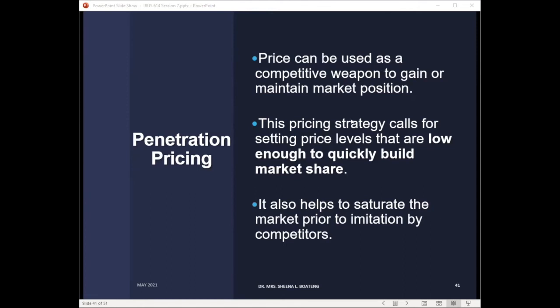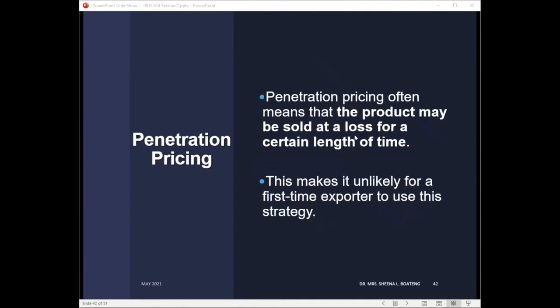So in terms of penetration pricing, it's all about pricing the product very low. Sometimes the organization would risk selling at a loss just to make sure that they are able to safely enter this foreign market without rattling the competition and getting the customer's attention. And this makes it very unlikely that a person who is a first-time exporter would use something like penetration pricing, because first-time exporters usually don't know much about the market, much less know about the competitor strategies and their pricing